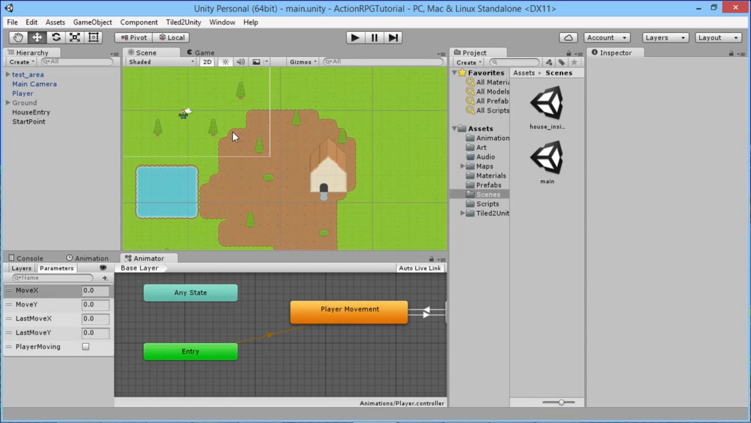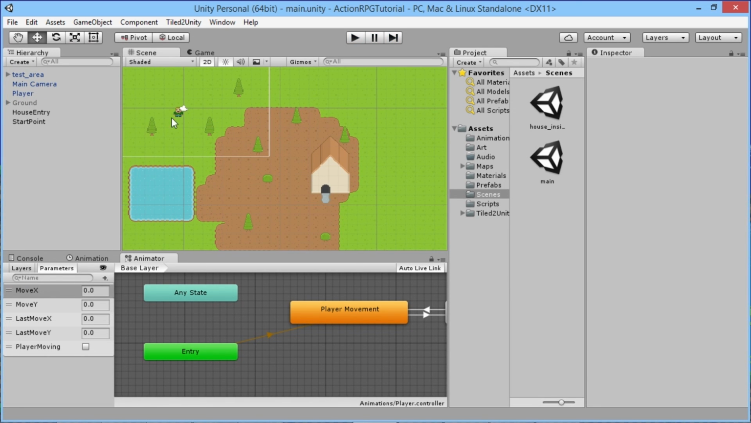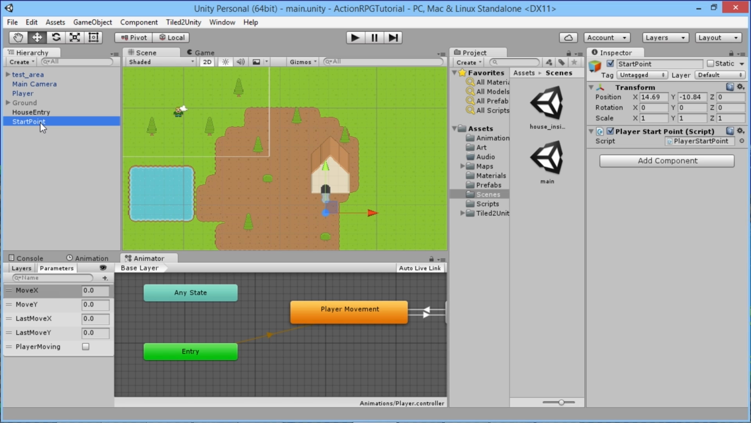Like I was thinking before, sorry, we have a case here where our start point is down here, but we actually kind of want the player to start out here and explore this little area and then go into the house. So what we can quite easily do here is